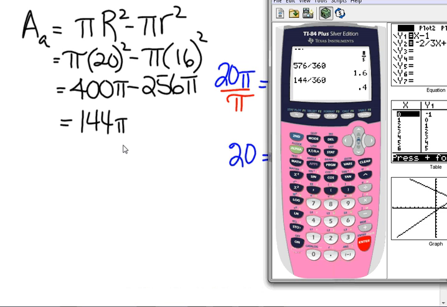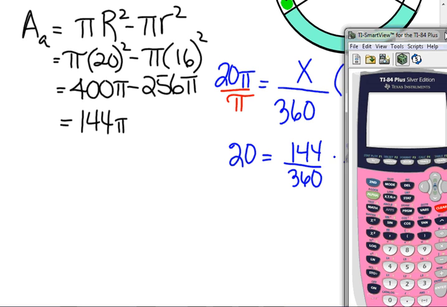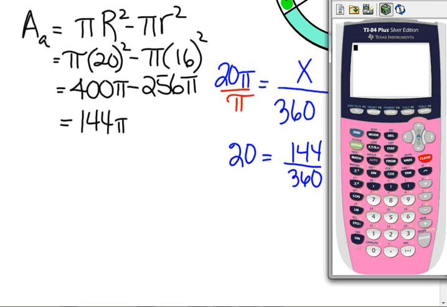Because I can see it better. There's other colors. Okay, so I'm going to clear that out. I want to see what fraction that is. What number do I have here? 144 over 360. So if you have an 84 calculator, you can get from me or from somebody who has